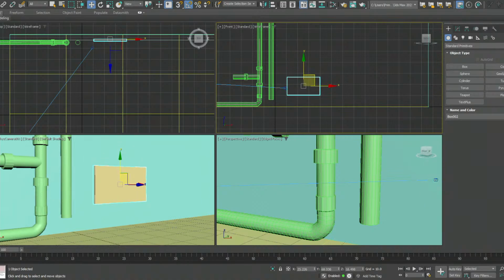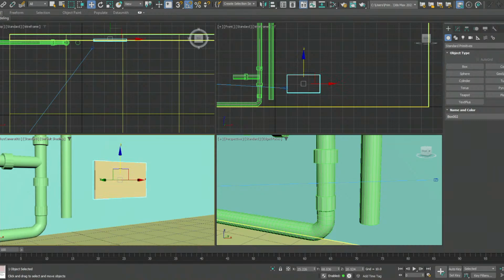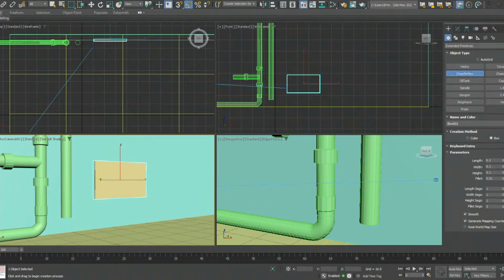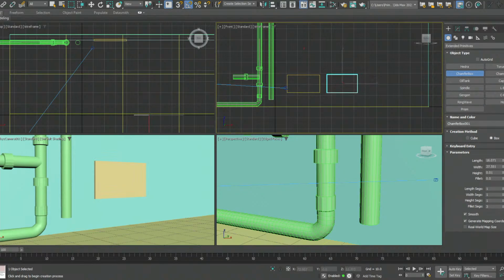If you look at the camera view, I've created this box here, and you could create a box, or if you move along the modify panel, if you see it blinking to the right side of the screen, you go to the next tab, or rather you drop down the lists from standard primitives, and you have extended primitives, and you use chamfer box, and you would notice the difference between both of them. So from the top view, you can see a box being created, and you will notice that a chamfered box